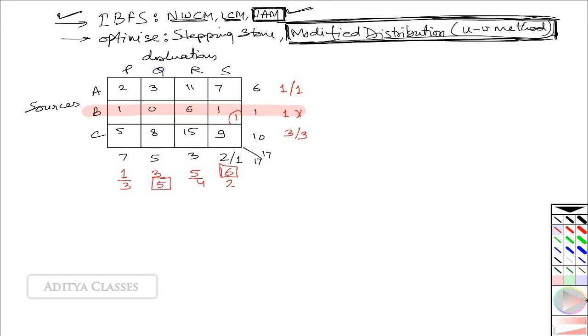So this penalty is on Q. We give Q a chance to avoid this penalty. If we give Q a chance, it can run into the 3 rupee or 8 rupee cell. It will run into the 3 rupee cell because it is the cheapest one. For this 3 rupee cell, it is a transaction between A and Q. A has a supply of 6, Q has a requirement of 5. They'll strike a deal of 5. A had a supply of 6, it has supplied 5 units, so it can still supply 1 unit.